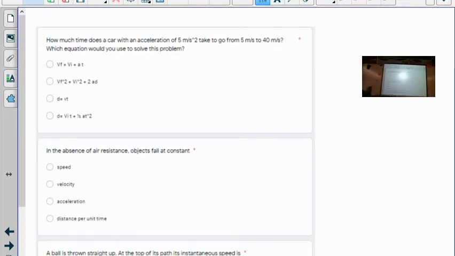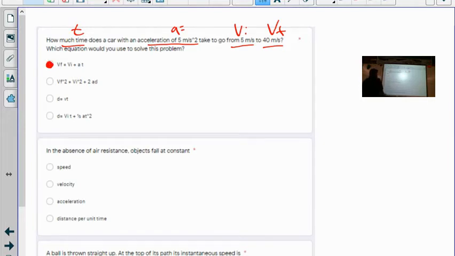For this one, how much time does a car with an acceleration of 5 meters per second squared take to go from 5 meters per second, that's its initial velocity, to 40 meters per second, that's its final velocity? Acceleration of 5, that's my acceleration. How much time? I'm looking for t. So I need those 4 letters in my formula,